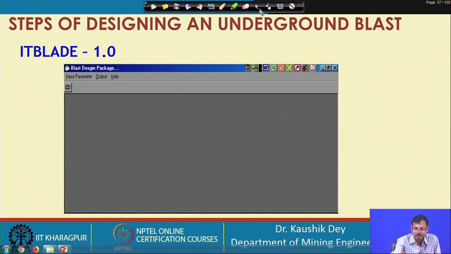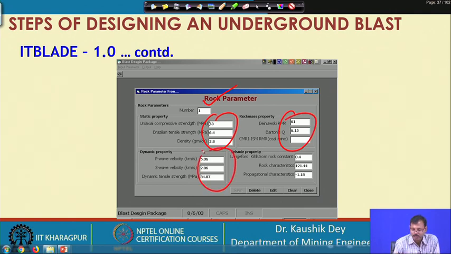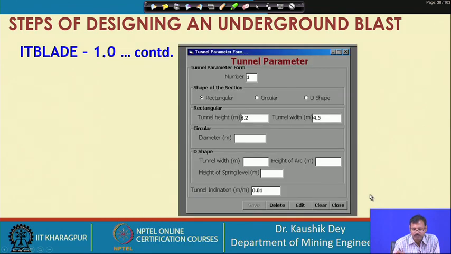First, we need to have the different input parameters. Our first input parameter is the rock parameter, where the different rock parameters, strength values etcetera, will be required. As it is the Langefors-Kihlström criteria, the rock characteristic values should be given here. Apart from that, we should have the opening parameters, say it may be a tunnel or an underground opening.